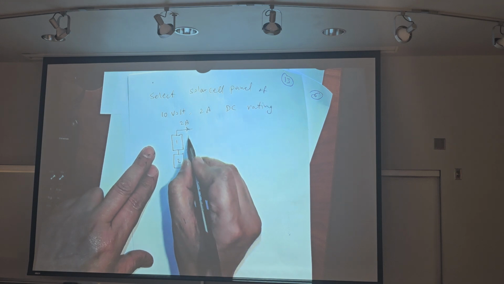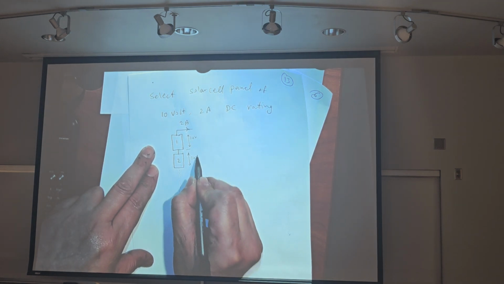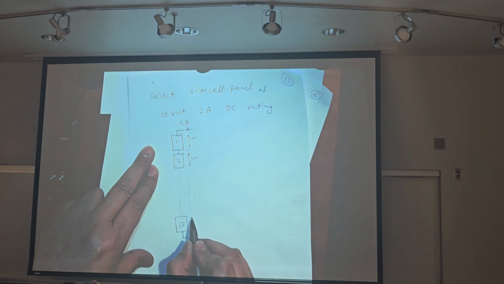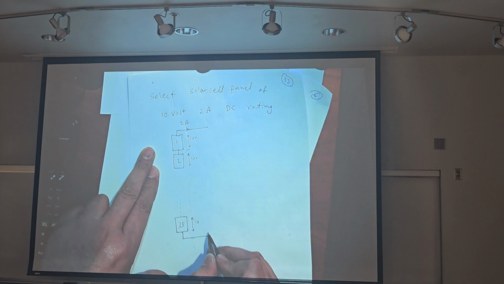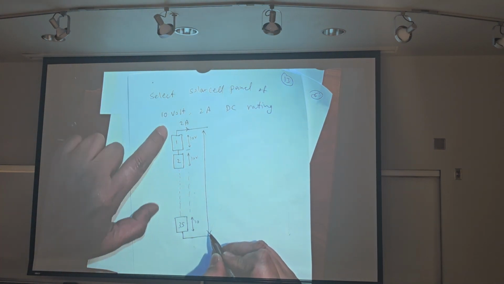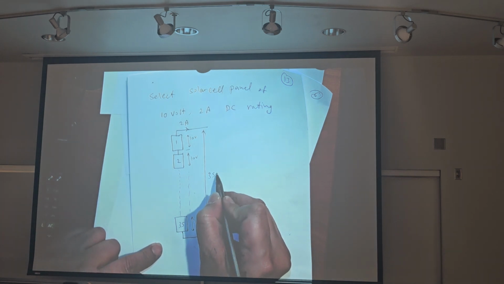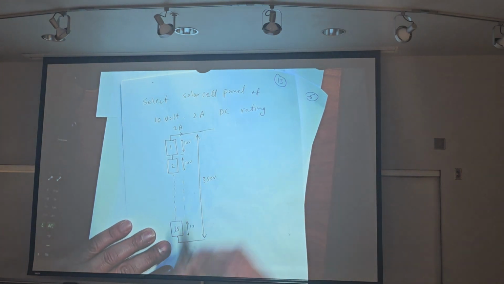This voltage is 10 volt, 10 volt, 10 volt. Total voltage generated at the terminal of this grid is 350 volt, connected to